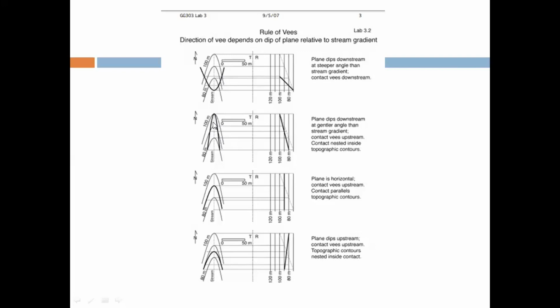Now you can see that the geological contact V is sharper than the contour V. Again, in the next you can see that the geological contact V, the darker color, and the contour V are almost overlying each other. This will only happen when the beds are horizontal, as we have seen in the previous examples as well.